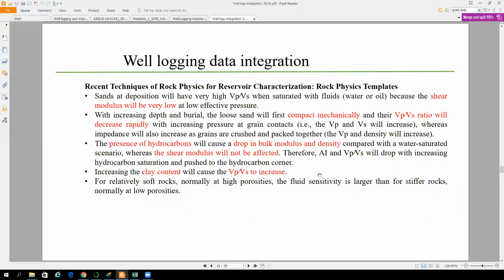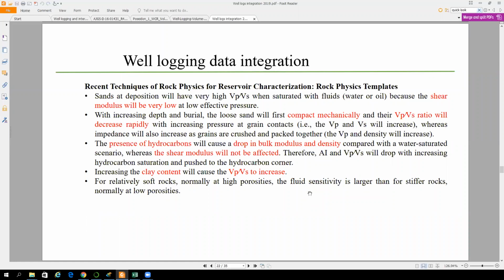The presence of shale will increase the VP/VS, and the presence of fluid will reduce it again. And in most of the cases, unfortunately, we will have shaly reservoirs, shaly sand reservoirs. So the shale will try to increase it, and the hydrocarbon will decrease it. So the shale will be all the time with us, like what we have done in